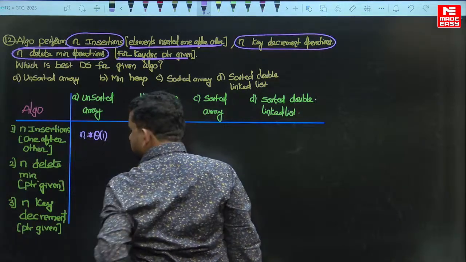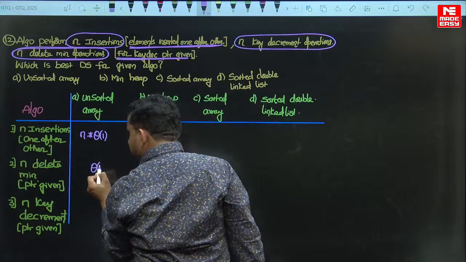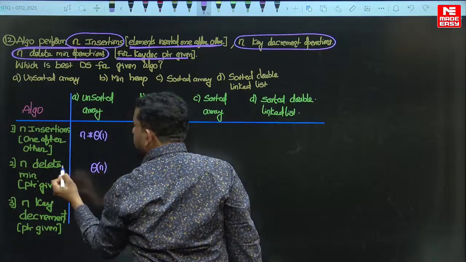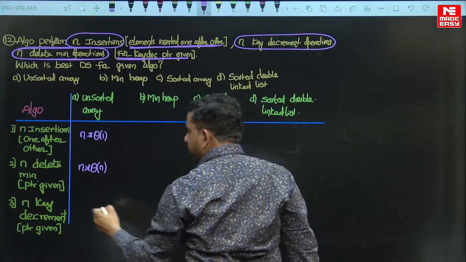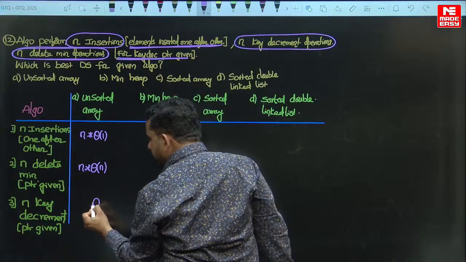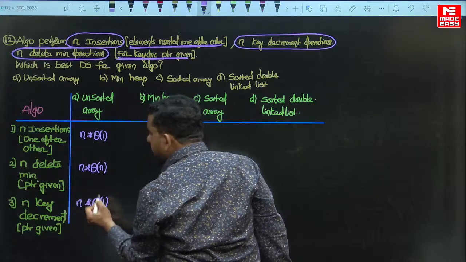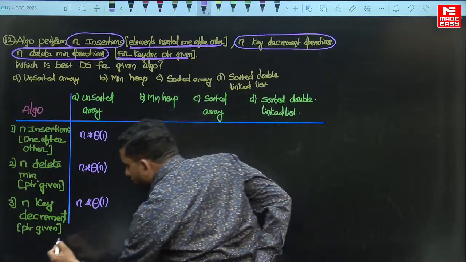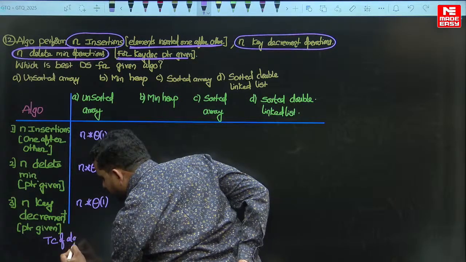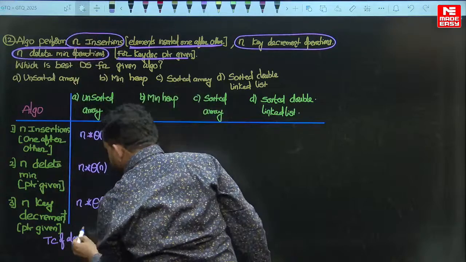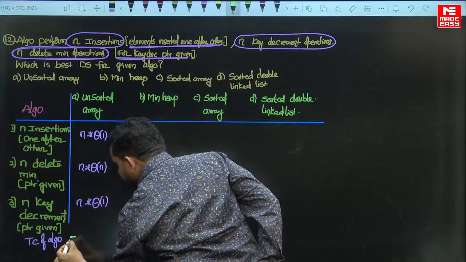repeated n insertions. Delete means we need to find the minimum. Finding the minimum requires order of n time because it's an unsorted array. So repeated n times becomes n square time complexity. Key decrement, if the pointer is given, is constant time, and repeated n times, n plus n square plus n. Then the overall time complexity of the algorithm by using unsorted array becomes order of n square,